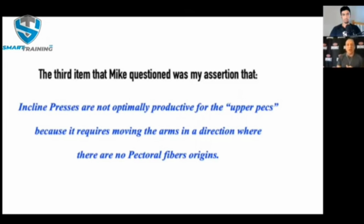Incline presses, this is what Doug says, are not optimally productive for upper pecs because it requires moving the arms in a direction where there are no pectoral fiber origins. He took issue to that, right? As most people would who are traditionalists, as most people would who are dogmatic in their beliefs about old school